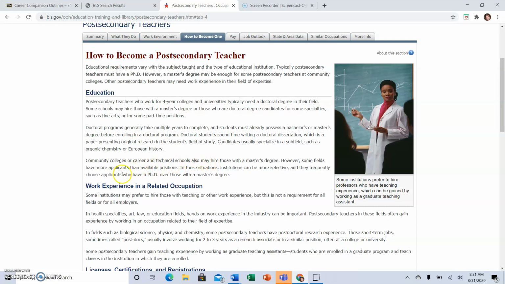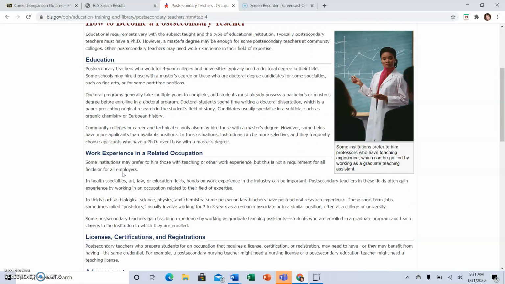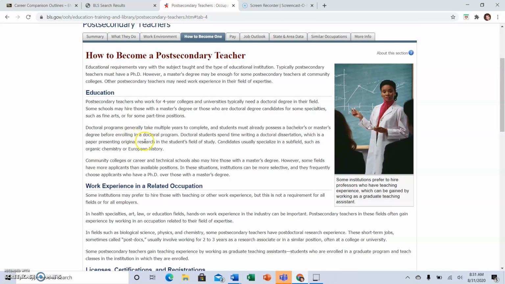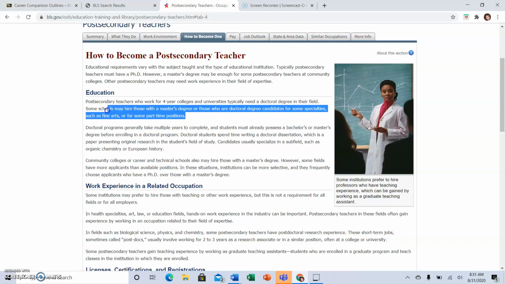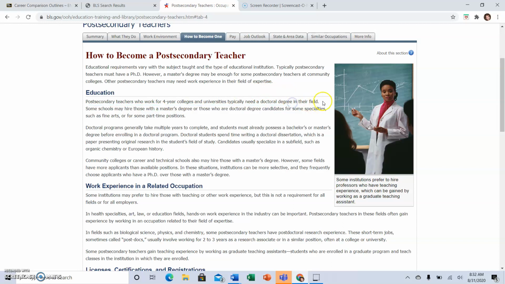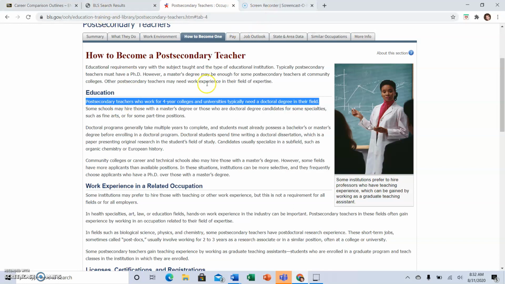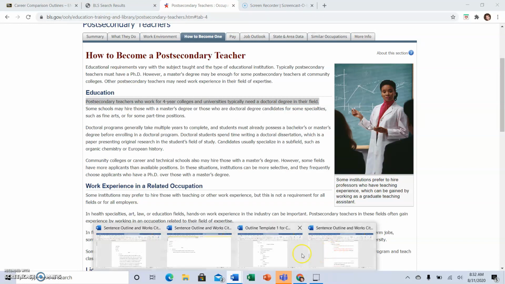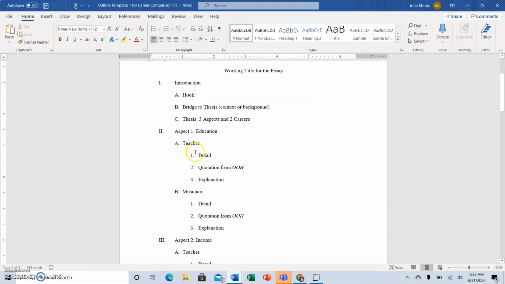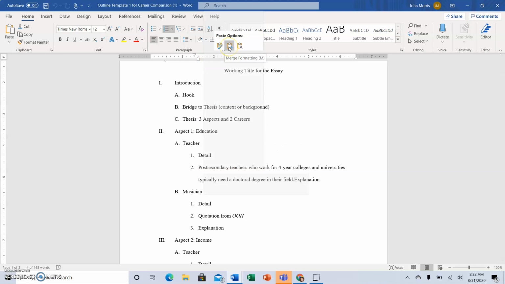Yes. So I might say that, for the sake of time, I'm just going to copy the first one. I think that makes a decent, nice size quotation. And I just want to show you how I would put it in there. This may not be the best content ever, but you'll see how to put that in there. So the detail, I'm going to go ahead and slap what I just copied from the Occupational Outlook Handbook right